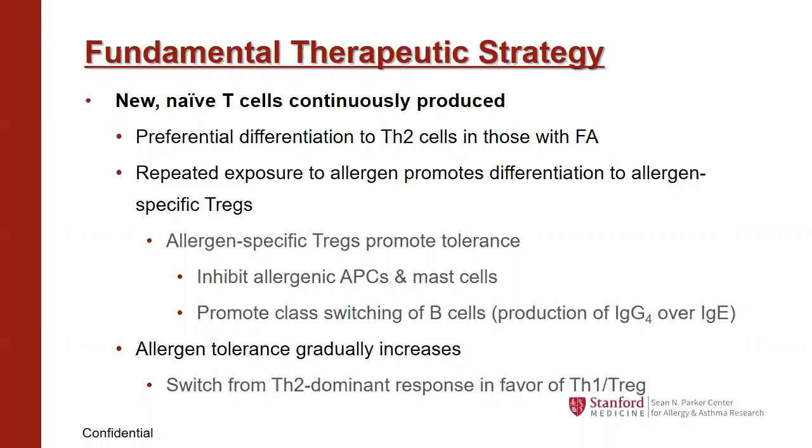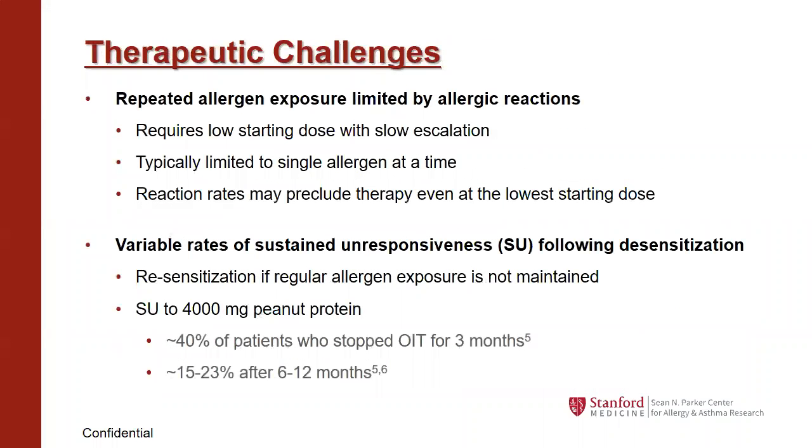That being said, it's not the greatest on its own. We all know what happens when you eat something you're allergic to. I wouldn't call it awesome. To facilitate the repeated exposure that we need as safely as possible, it really requires starting at very small doses of oral immunotherapy and very slow escalation to avoid hitting that level that would trigger the mast cells or basophils to activate. It can take 1 to 3 years to get up to a serving size in most protocols of a